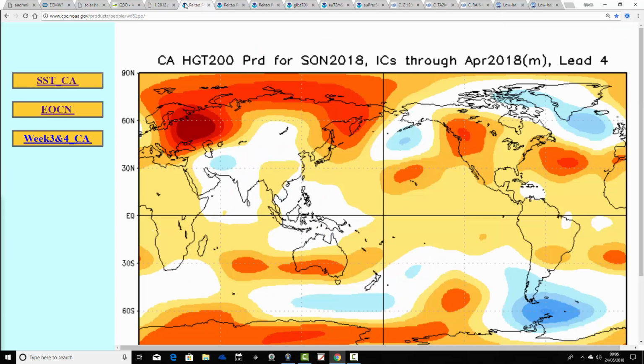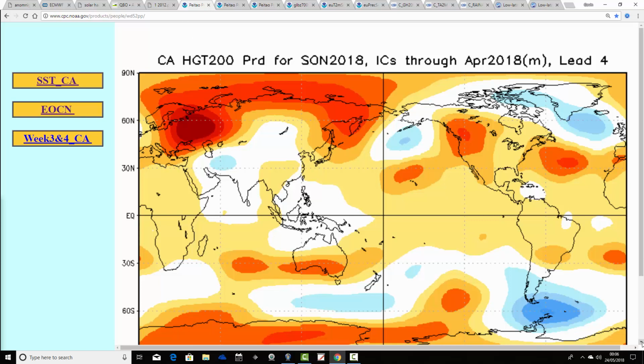So as well as all of the analogs updates of the autumn, we will have 3 seasonal model roundups as always, where we get all of the long-range models together, see what they're all showing for the autumn. And that will make up part of the autumn forecast, along with the analogs as well, when we get through to the end of August. So I thought, just to finish off with this little sneak peek for the autumn of 2018, that we throw in 4 seasonal models. We're going to begin with the